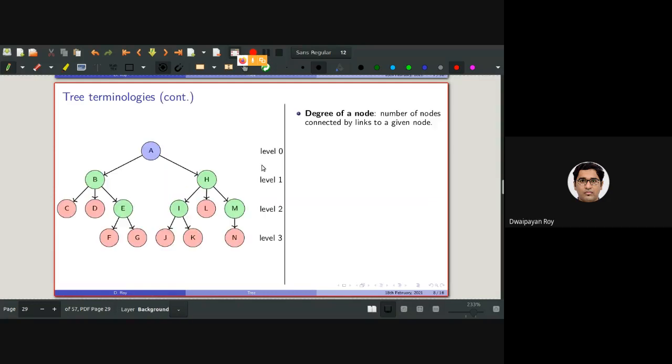Some further terminologies that are very important for understanding trees and different tree properties. Degree of a node. It is the number of nodes connected by links to a given node. So my question: what will be the degree of H?